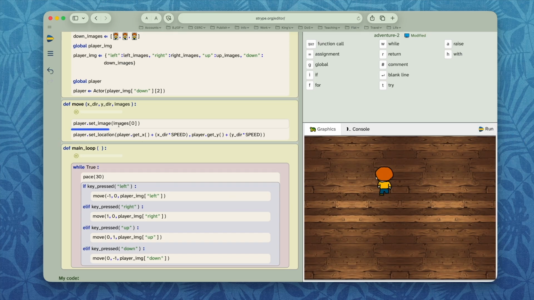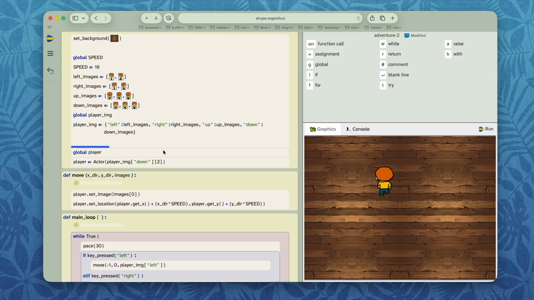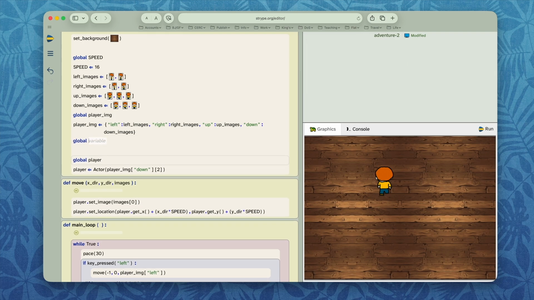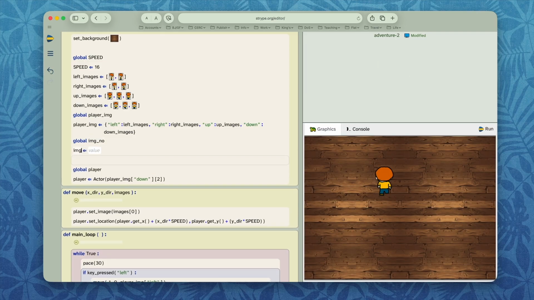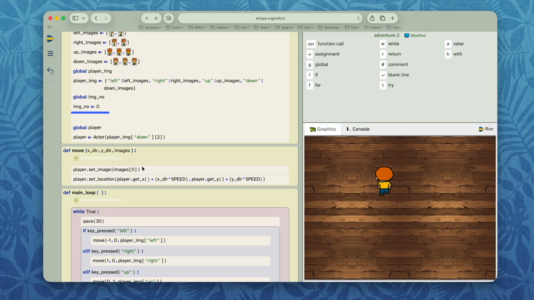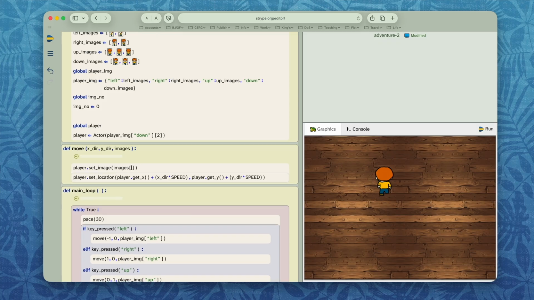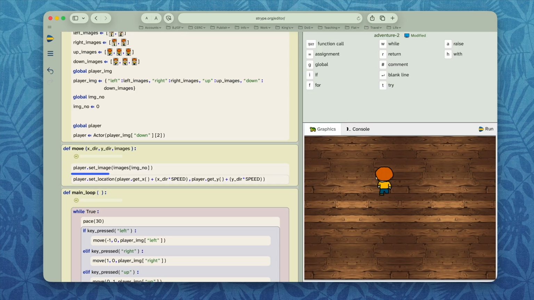So what I want to do is not always show the same image. I want to show alternating images. Here in my setup, I'm creating a global variable, and I call it image number. I assign image number, starting with 0. Then in my move method where I'm showing the images, I'm using not a fixed 0, but my image number as my index, and then I'm saying